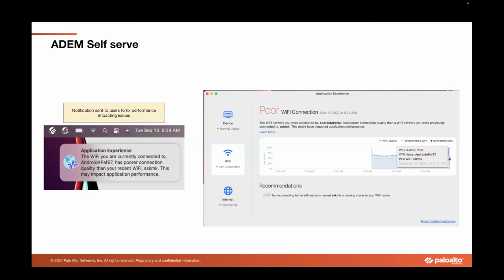Look at the top processes that are causing this CPU spike, or memory utilization is spiking up. These are the top processes that are consuming memory. Or say in this example that you're looking at here, the user is experiencing poor Wi-Fi connection, and we are